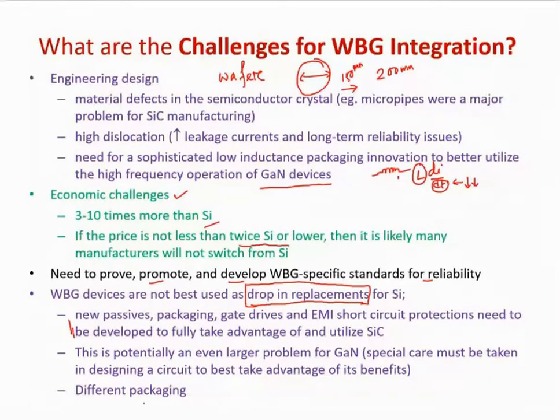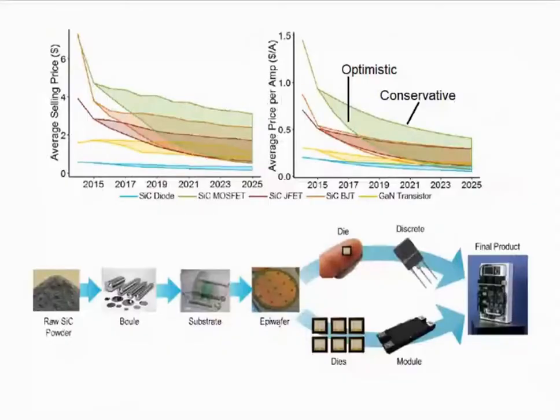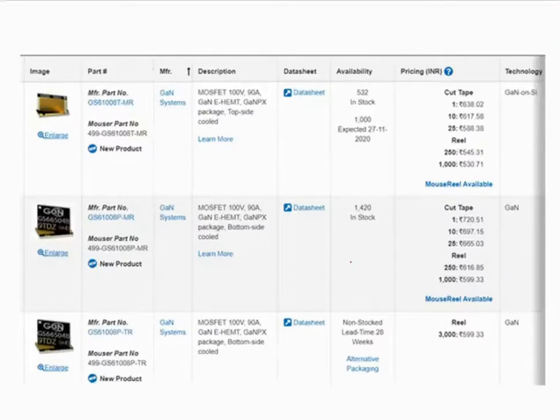For example, this packaging you have seen, right? Normal silicon-based MOSFETs or IGBTs come in a through-hole package, whereas GaN comes in a surface mount kind of package, and you don't have any place to provide a heat sink also. So this layout is a challenge. Here in this figure, you can see the manufacturing process for a silicon-based device. And this is the cost prediction that they're coming down, which is a good sign for us.